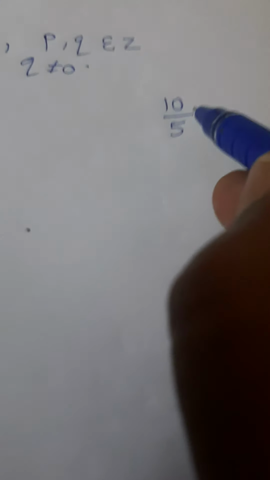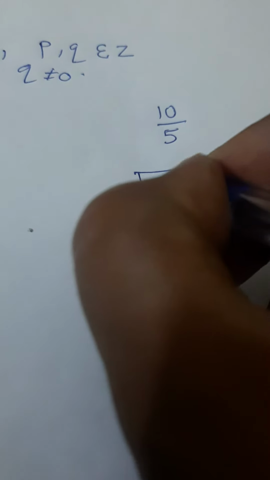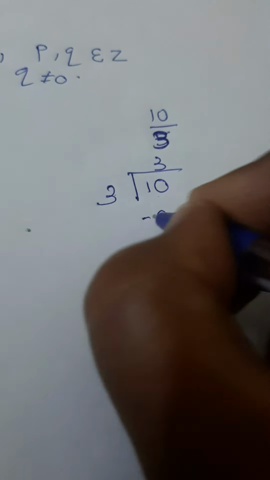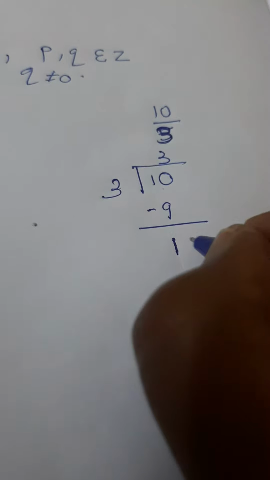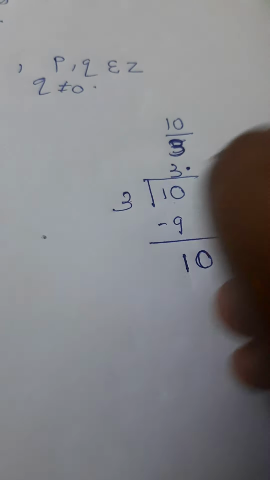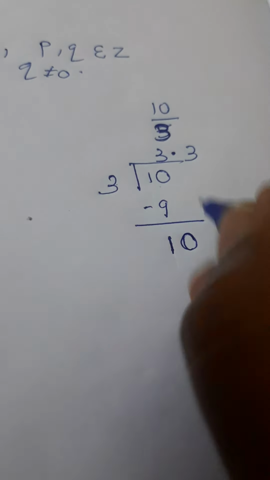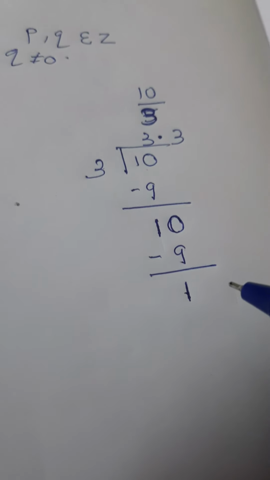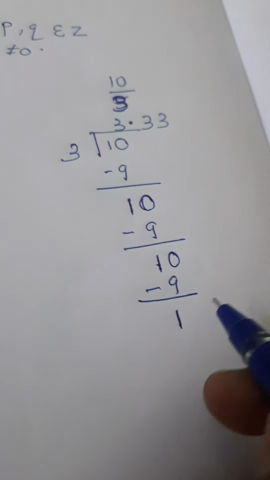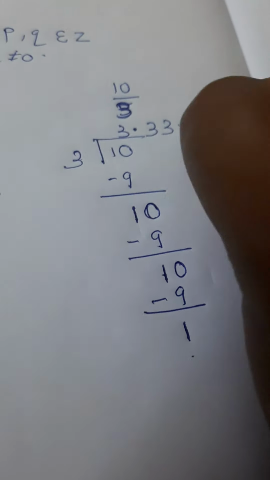Now we'll look into 10 by 5. If we divide 10 by, let us take the example 10 by 3. So if you divide 10 by 3, what will we get as quotient? 3 into 3 is 9. Remainder will be 1. You cannot divide 1 by 3. So take 0 here and put a point here. So again, you'll have to take 3 here. 3 3s are 9. Again, you get the same remainder. And again, you have to follow the same steps. Put a 0 here. So 3 into 3 will be 9, and again you end up getting the same remainder. So this process will be continued.